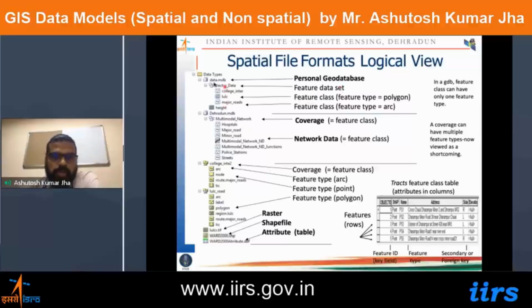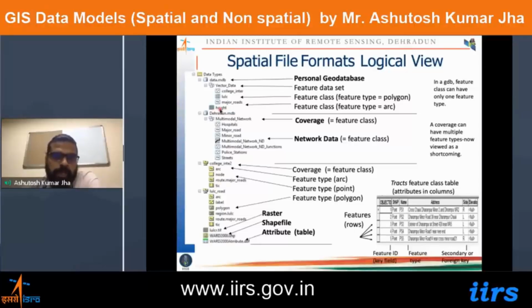As you can see in this case, the personal geodatabase can have feature data sets. Feature data sets will share the same projection system and all the details. Within the feature data set, you can store points, polygons, and lines. You can also store the raster data set in the feature data sets with the same projection system,